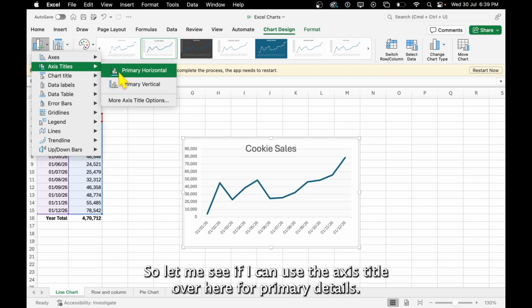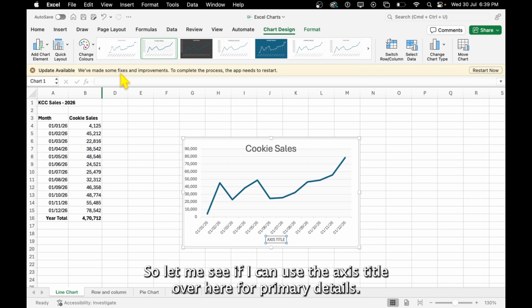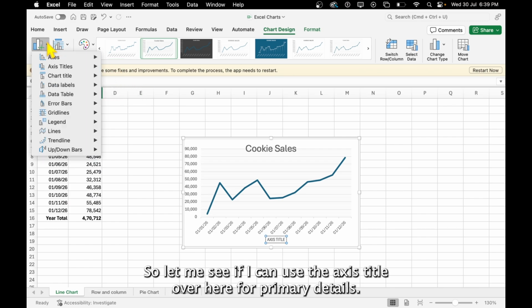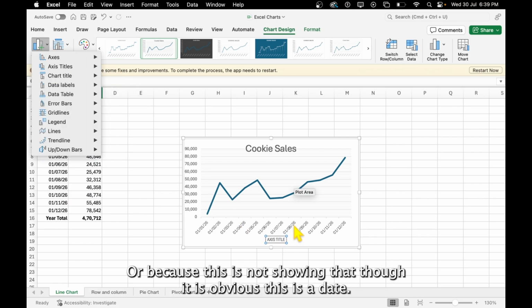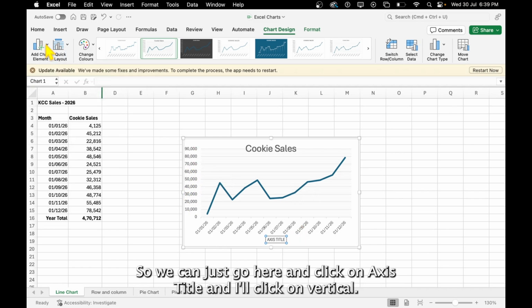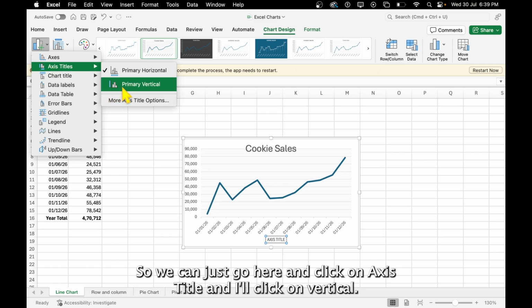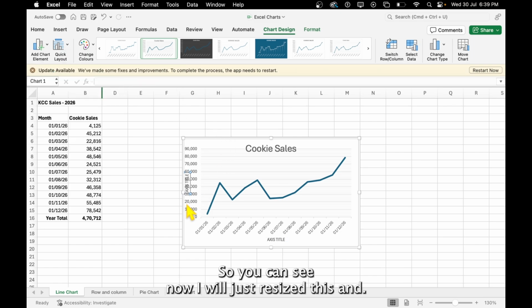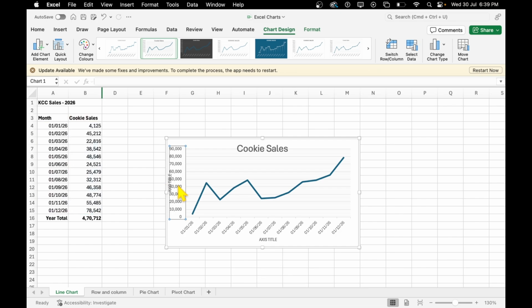So let me see if I can use the axis title over here for the primary vertical, because this is not showing that, though it is obvious this is date. But if we want to know what this is, we can just go here and click on axis title, and I'll click on vertical. So you can see now, I will just resize this, and we'll just move this here a little bit so that our chart size, if we see here,